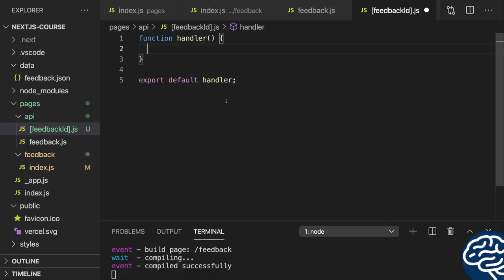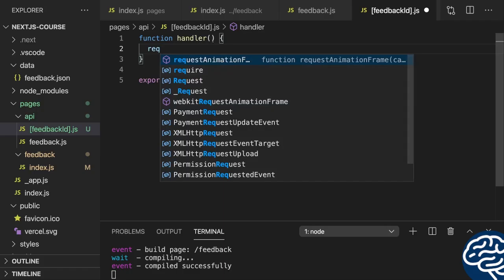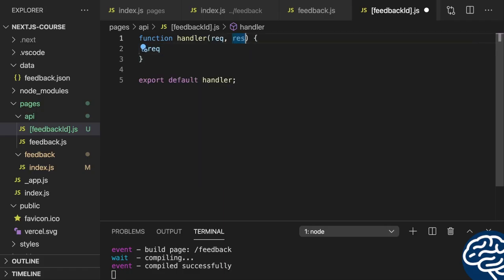And we can get access to that again through this request object, which we should accept together with that response object. And there we learned that we have body for accessing the submitted data, method for finding out which kind of request it was, and we also have query for getting access to query parameters and regular parameters. So we can get access and get our feedback ID by accessing